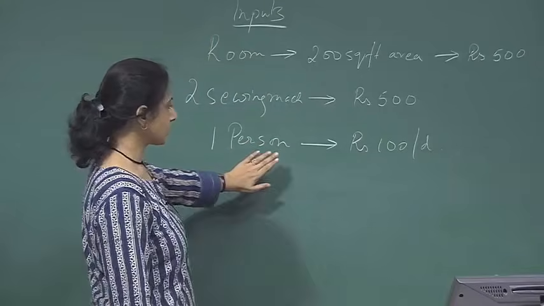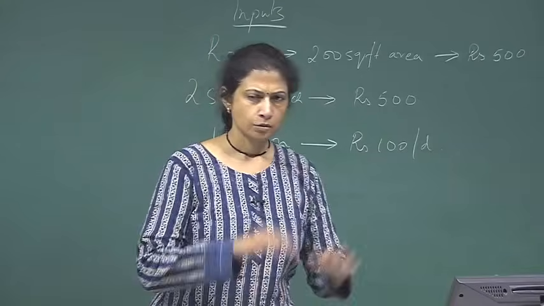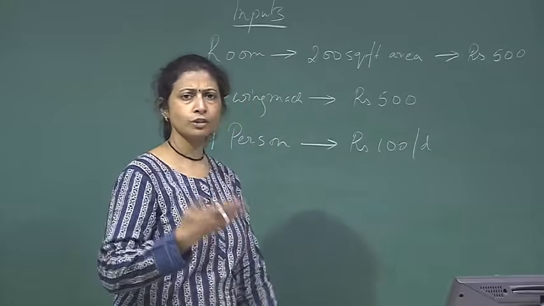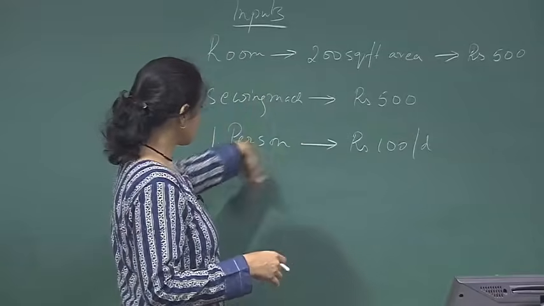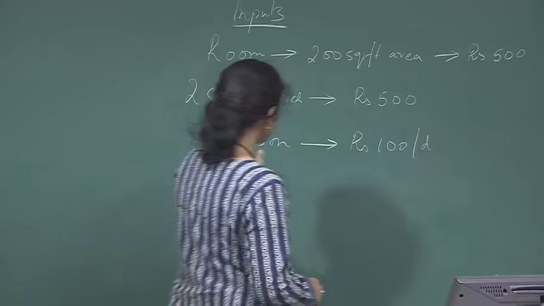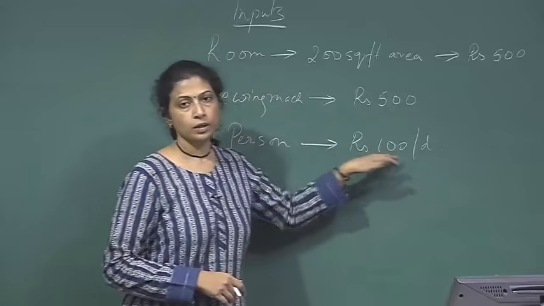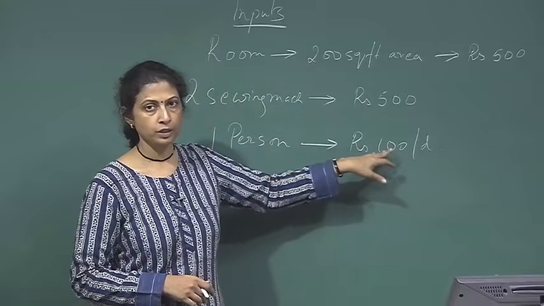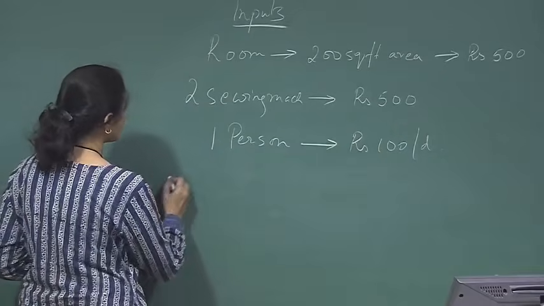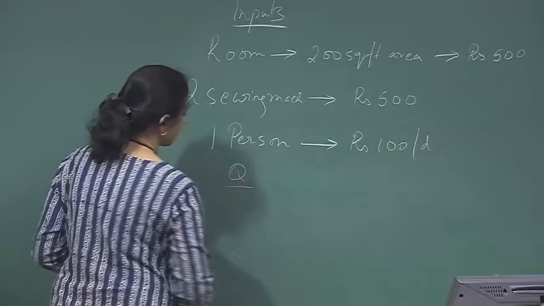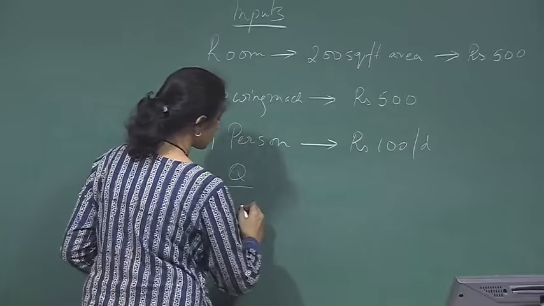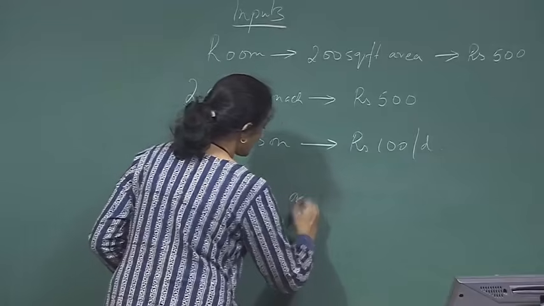And when this person comes, he starts. So let's not talk about the cloth etc. Imagine everything is included here, say this person is getting rupees 100 per day, and he is able to stitch. So now we are talking about Q. This person is able to stitch one garment